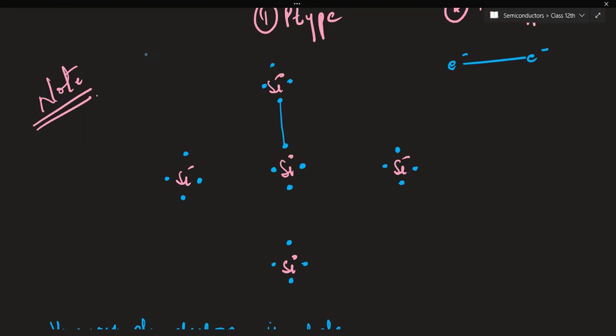Now see, the negatively charged elements that are present here are the electrons. But somehow, let's say this electron has been removed. There is nothing over here. So when the electron is not there, there will be positivity. If you remove this electron, that will result in positivity. That positive part, which is the vacancy of electron, the deficiency of electron, where the electron is not present,